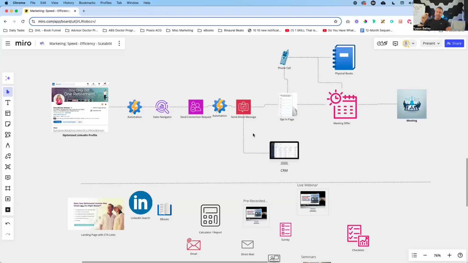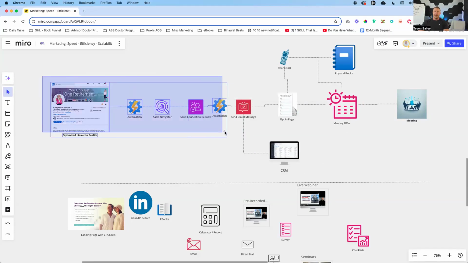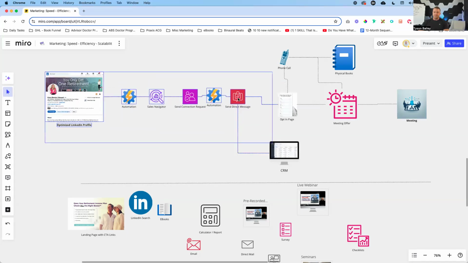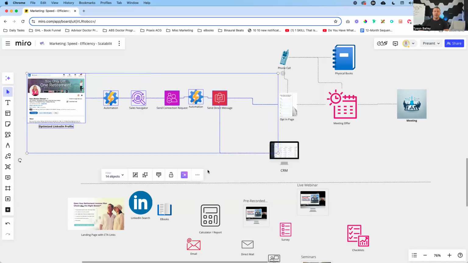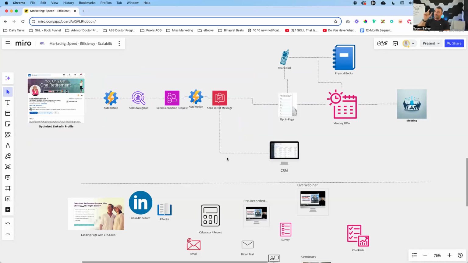Now, diving another step deeper, one of the things that a lot of people don't realize on LinkedIn is that once you are connected with somebody on LinkedIn, the majority of the time, you can actually go to their profile and grab their contact information from their profile. Now, this is something that you can do manually if you don't have this process, or if you're strapped for cash or whatever it might be. Completely understand. I've been there, right?